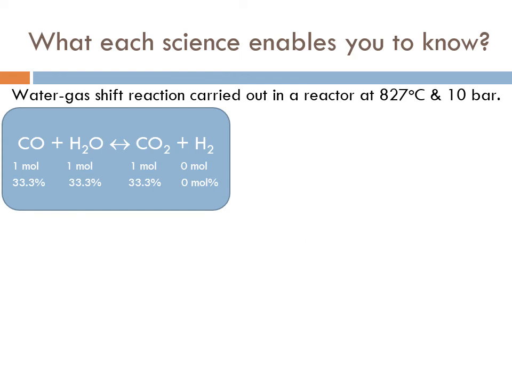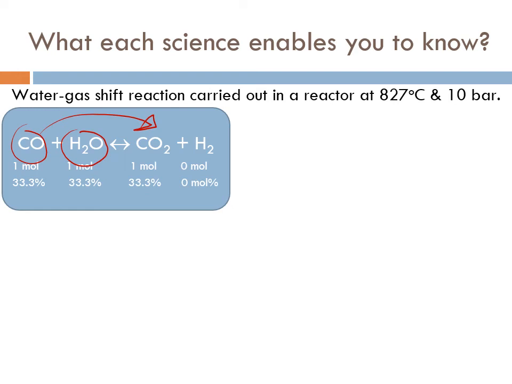Let's take another example, which is more related to our subject, and we're talking about reactions. So let's look at this reaction. You have to memorize this reaction. You should know it by heart because it's a very common reaction in chemical engineering. What is it? It's the water gas shift reaction, and this reaction is carried out in a reactor at 827 degrees C